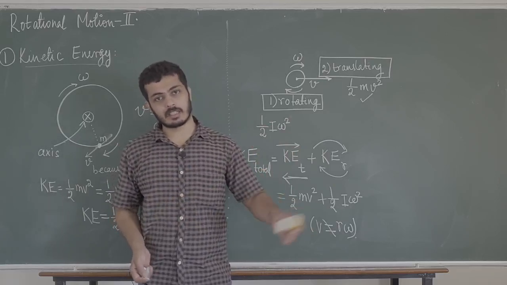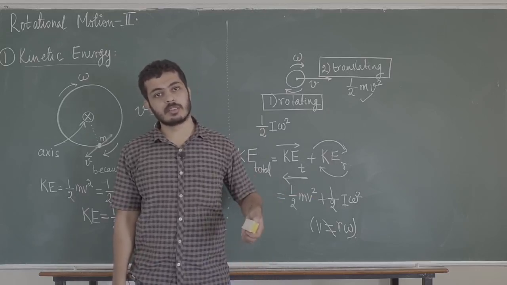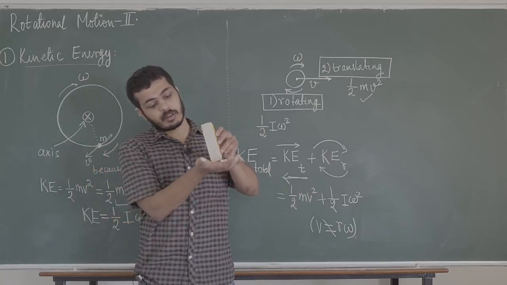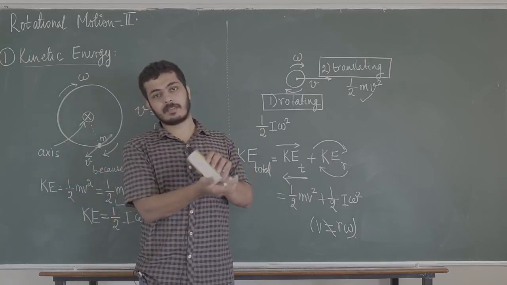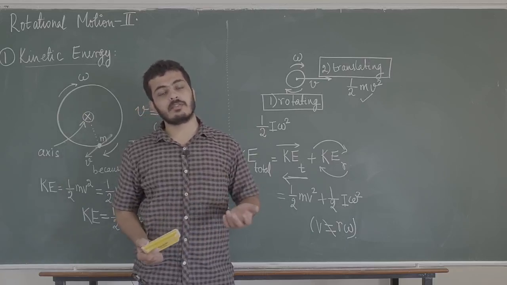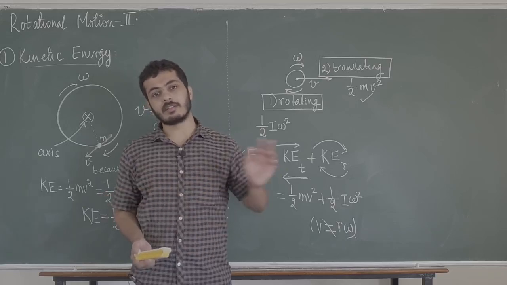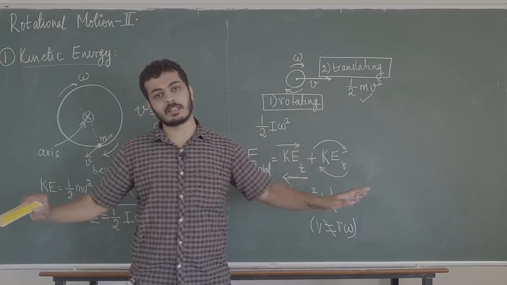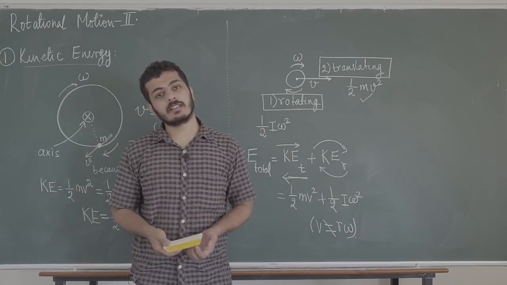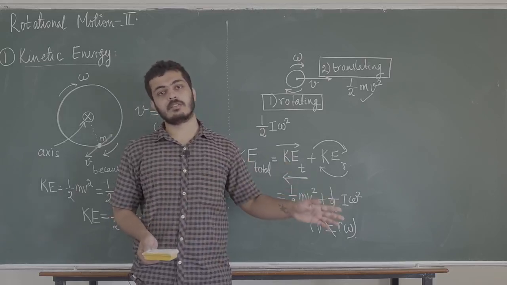That's what we did in the last two classes. All the problems that we solved on rolling motion, we said that an object is moving in such a way that the point of contact with something is at rest. That is rolling motion. So unless something is rolling, V is not equal to R omega. So kinetic energy of translation is not related to kinetic energy of rotation. They are separate things. But in general, for an object, the total kinetic energy is the kinetic energy of translation plus the kinetic energy of rotation.